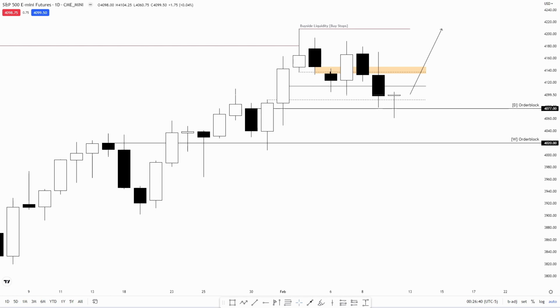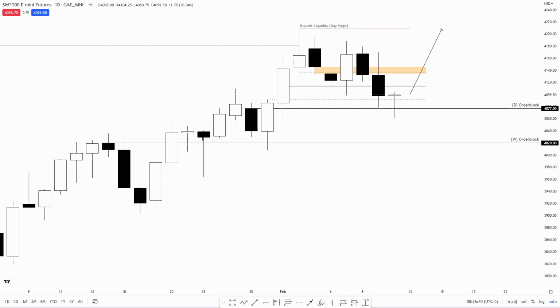On Monday we traded into the 50%, and then I thought Tuesday would be the low of the week, and then we would run for the buy side liquidity. But market failed to trade higher on Wednesday, reversed, and Thursday did the rest, took out the low. And on Friday we traded into the daily bullish order block and showed a pretty bullish close with this big wick, and I anticipate a continuation higher going into the next week without any deeper retracements, because as you can see, everything seems pretty balanced.